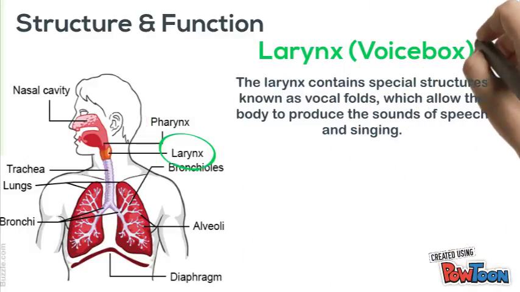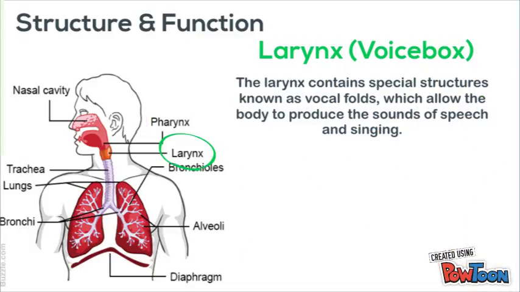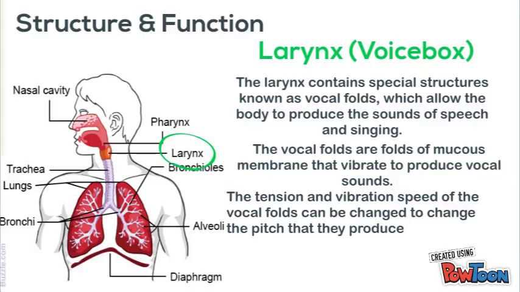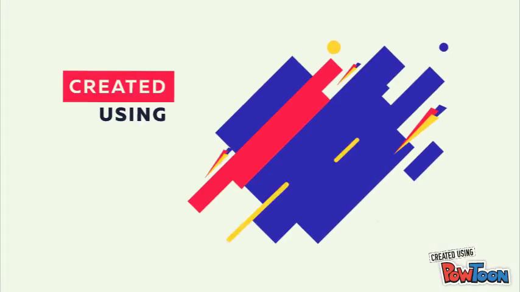The larynx, more commonly known as the voice box. The larynx contains special structures known as vocal folds, which allow the body to produce the sounds of speech and singing. The vocal folds are folds of mucous membrane that vibrate to produce vocal sounds. The tension and vibration speed of the vocal